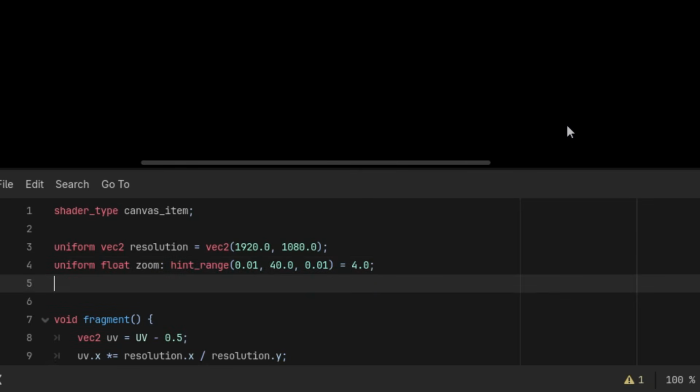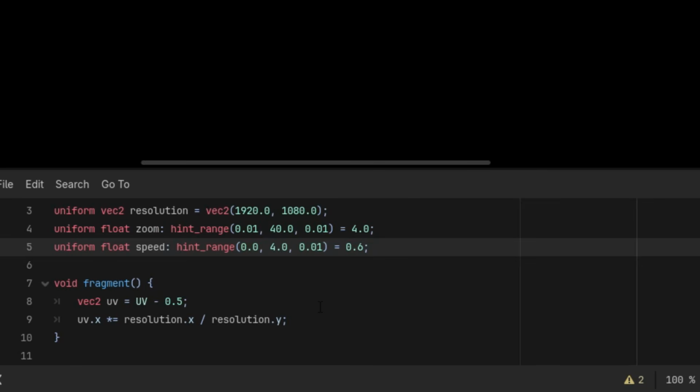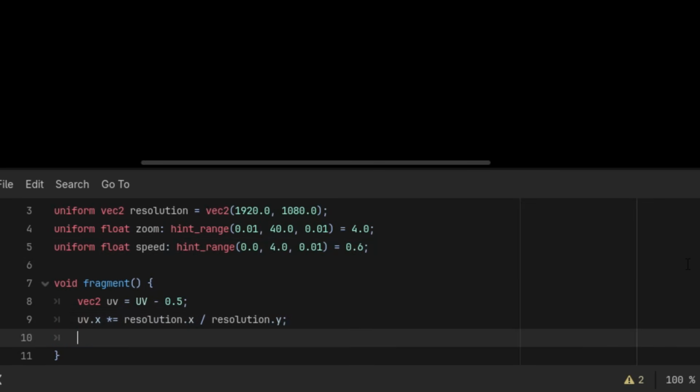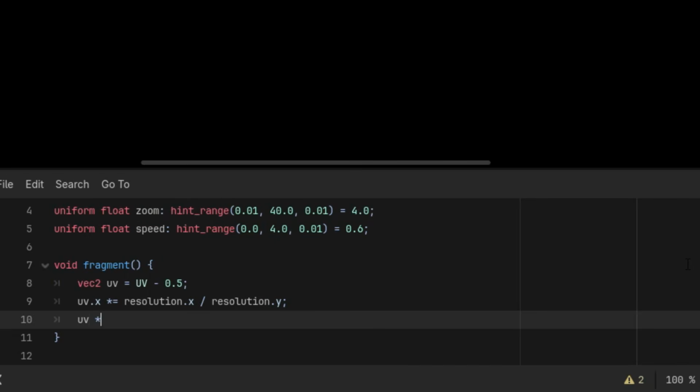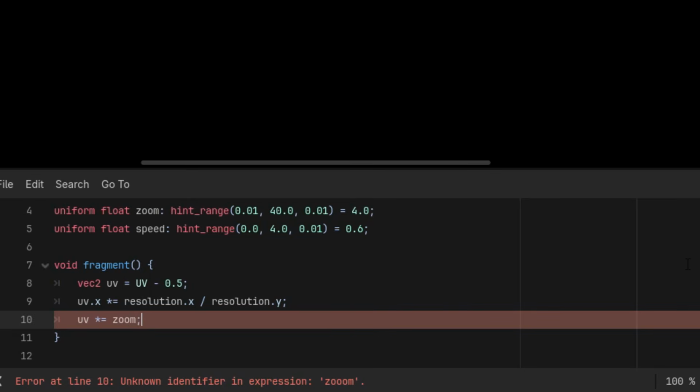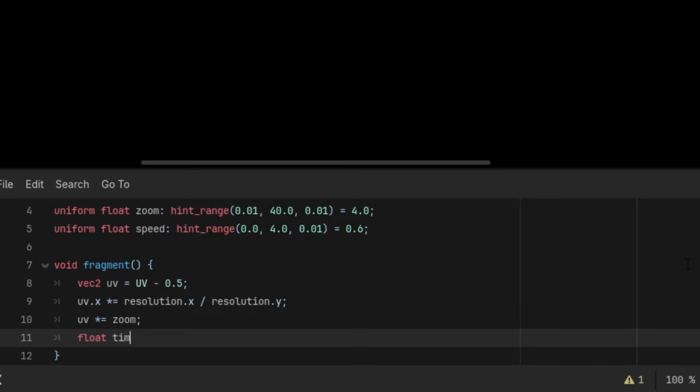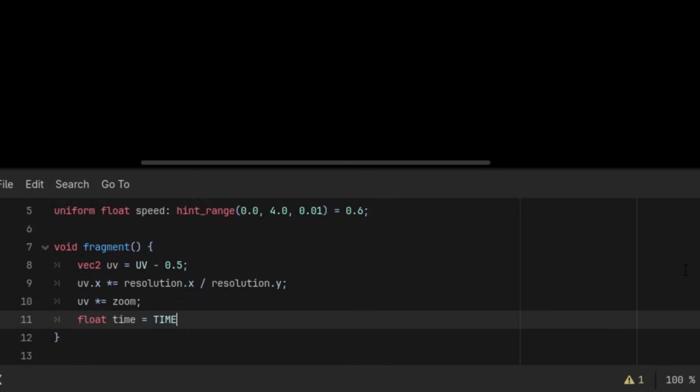Okay, and now the speed parameter, uniform float speed with another hint range and initial speed I set to 0.6, and it goes from 0 to, let's say, 4, again with a step 0.01. Now we can return to the fragment function and add the code that makes use of these parameters. It will be very simple as usual. UV is multiplied by the zoom factor, and float time equals internal TIME times